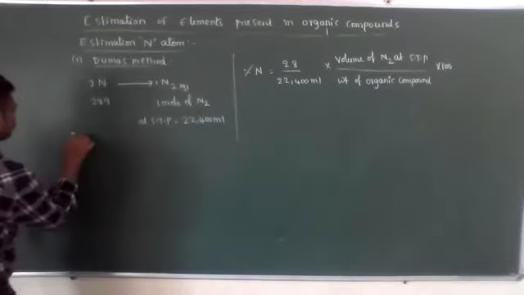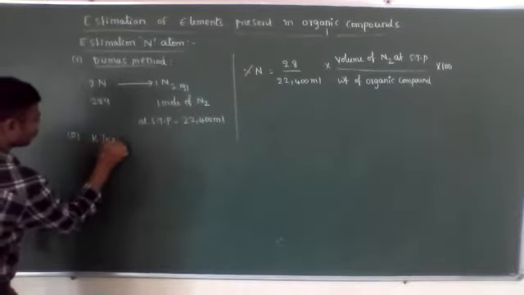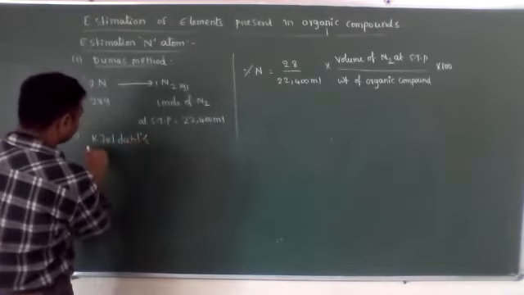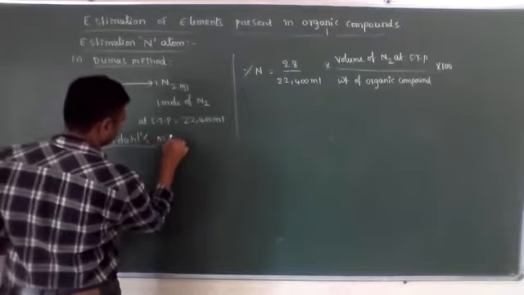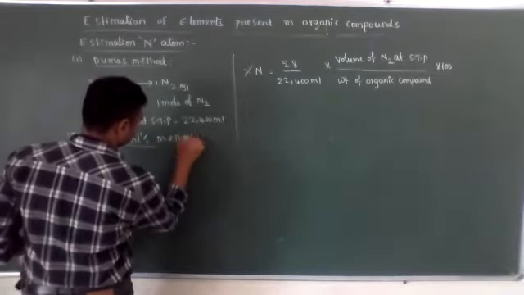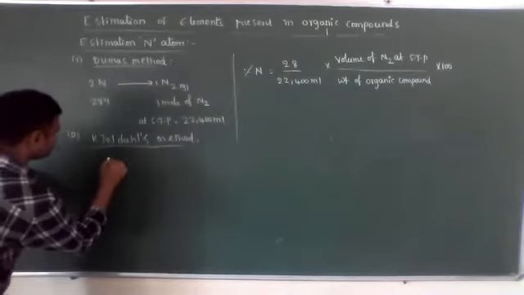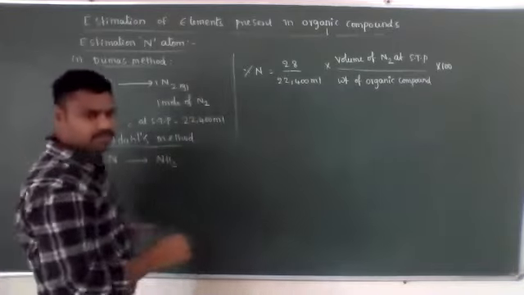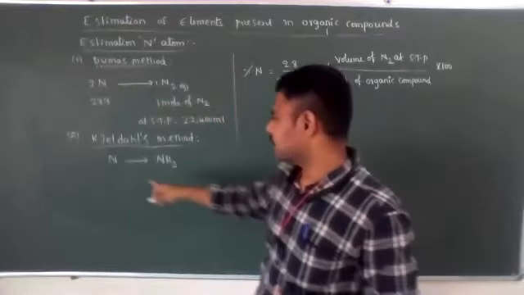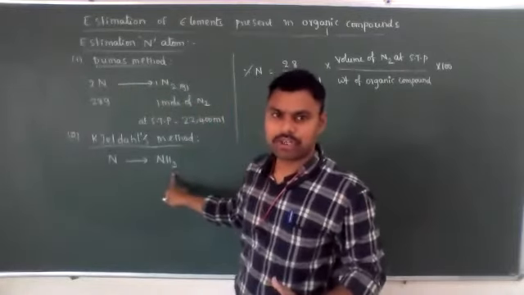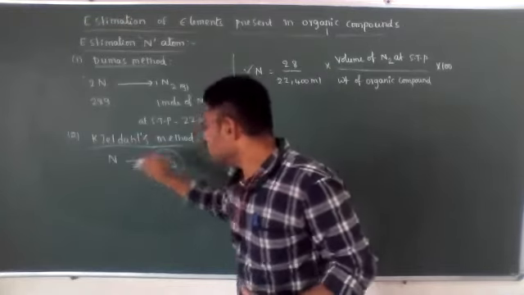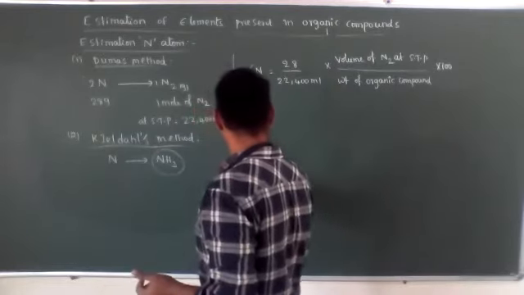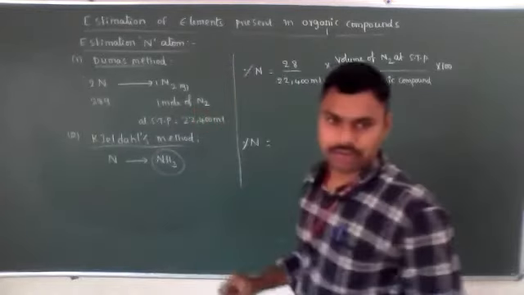The second one is Kjeldahl's method. In this method, the nitrogen in the organic compound is converted into ammonia. So in that ammonia, how much percentage of nitrogen is present? Percentage of nitrogen is equal to,